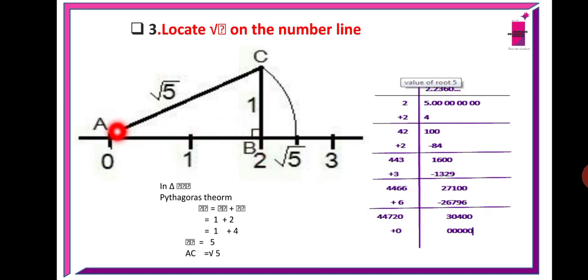So we can take any value for each unit. According to your convenience, you can take any value for the unit, but all the units must be equal. That is, 0 to 1 and 1 to 2 should be of equal length, and BC should be equal to half of AB, because AB is 2 units, BC is 1 unit. BC should be equal to half of AB.